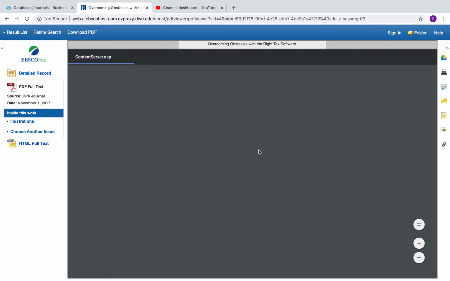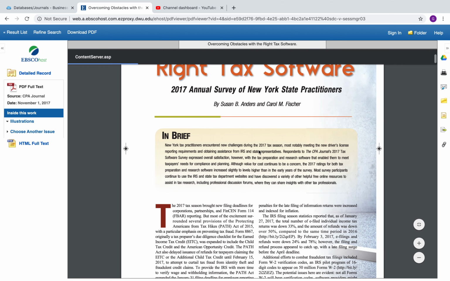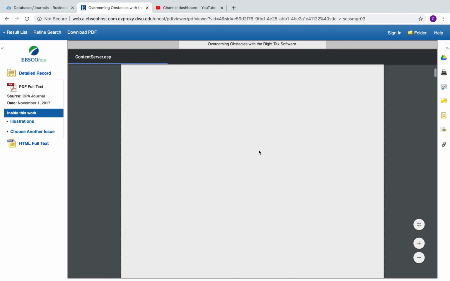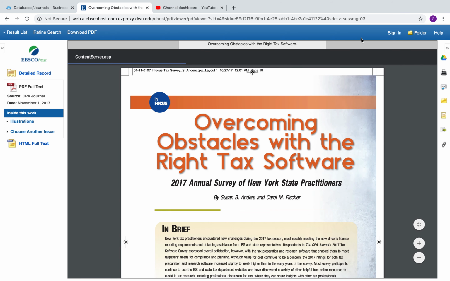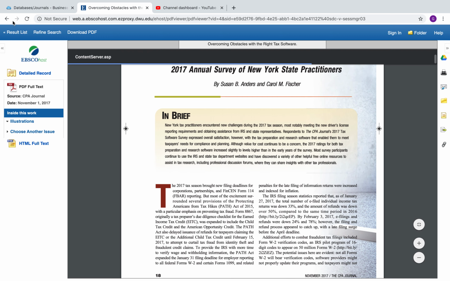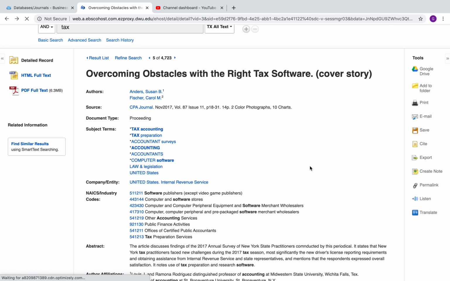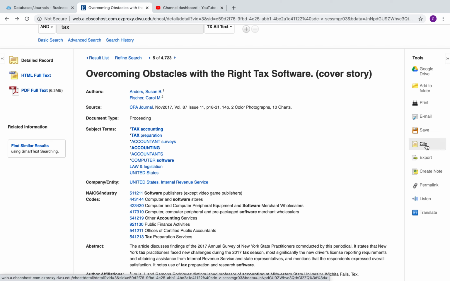Once the article actually loads, you can go through and read the article to see if it's actually relevant, and then if you want to, you can also download this particular article to your computer. A few things as you are going through and looking at sources, particularly on this article page. Over on the right-hand side of the page, you will note that there's a cite function. If you click on the cite function,